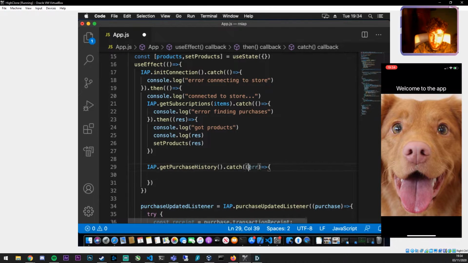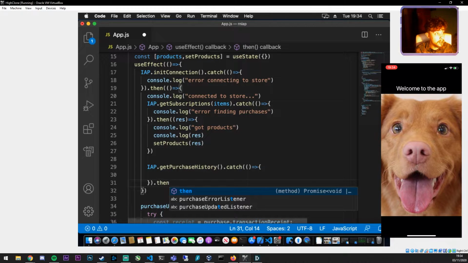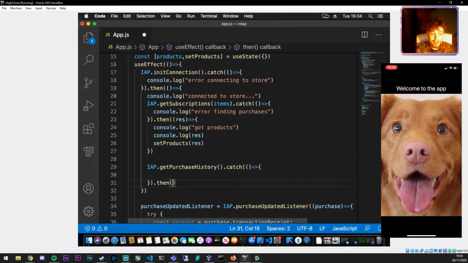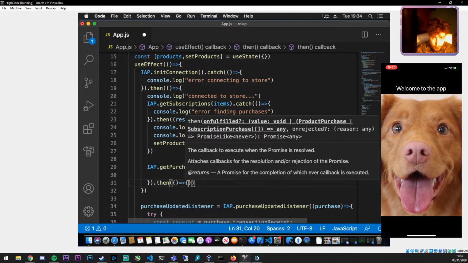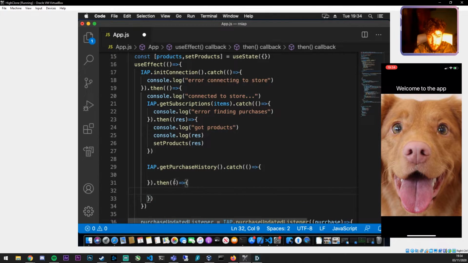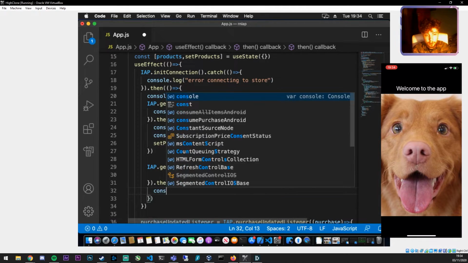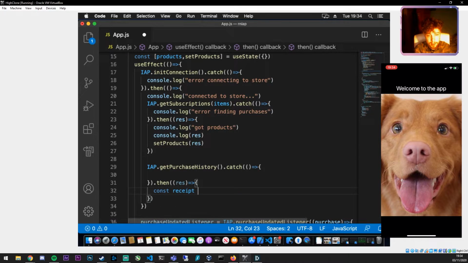So yeah, I guess what you should be doing here is passing in the actual error that we get from the catch and alerting the user, but I'm not going to be doing that here. What I will do is another firework. Do .then. So once we have got purchases, obviously we want to pass them to this function, and I'm just going to call that res again, and I'm going to do const receipt equals